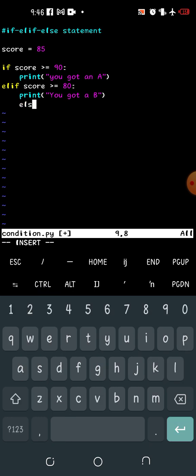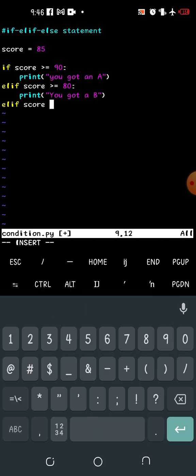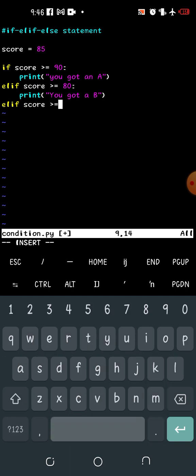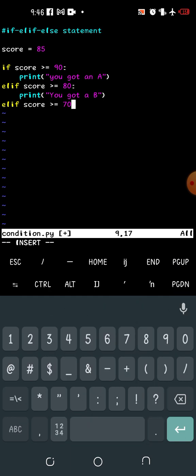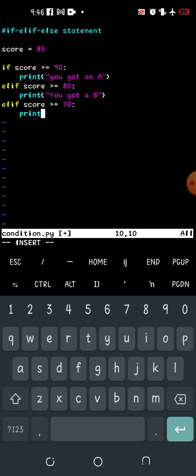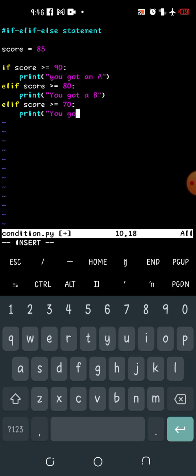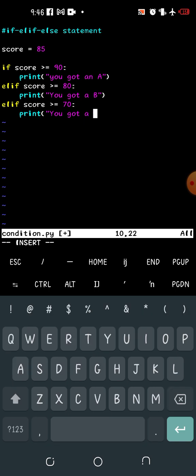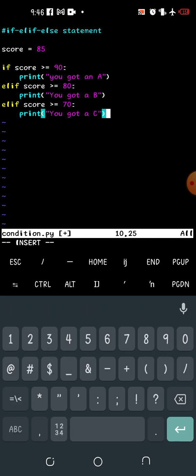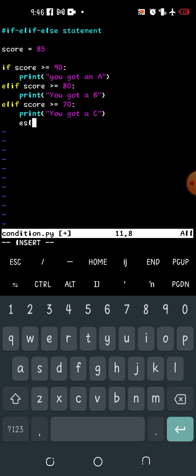Now you do another elif, space, if score is greater than or equal to 70, colon, print "you got a C," and your quote. Then we'll say else